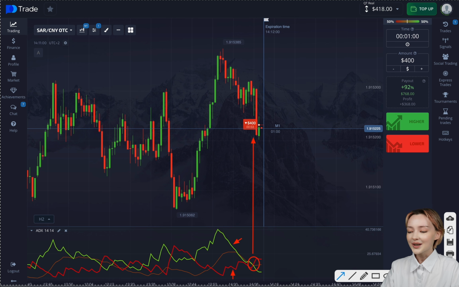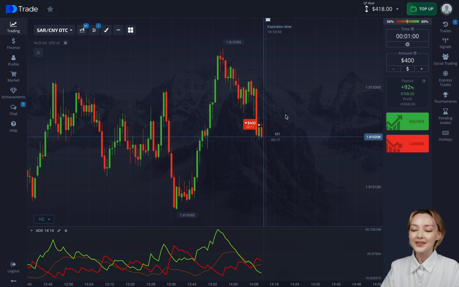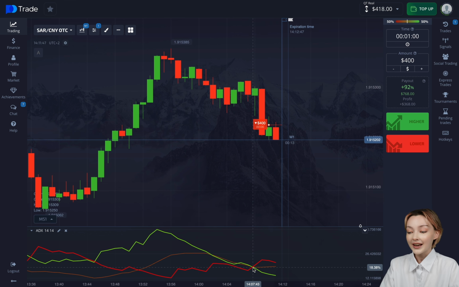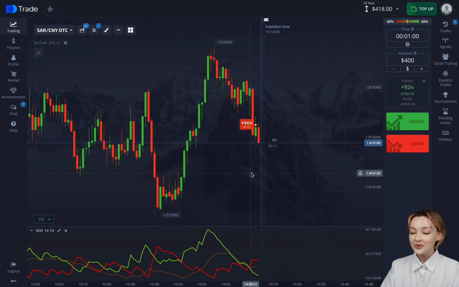Right now, since the red line is above the green one in terms of this particular piece, we can understand that at this exact moment, sellers dominate over buyers on the market. It's especially notable by the last price motions. So without further hesitation, we're placing a trade downwards as the trend change has been confirmed,